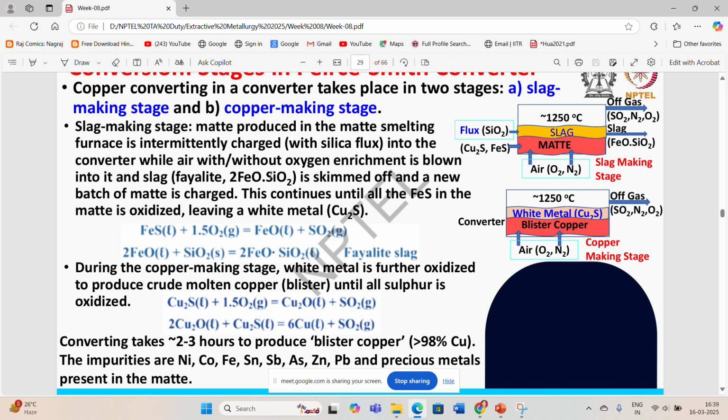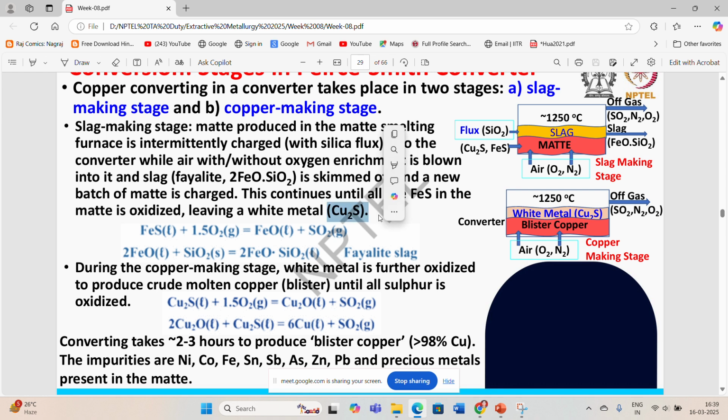So iron sulfide is going to react with the oxygen, getting converted into FeO, and this FeO is going to react with the flux material which we have added in the form of SiO2 to form FeO.SiO2, which forms the slag material and can be skimmed off, and a new batch of matte is charged inside the Peirce-Smith converter. This continues until all the FeS in the matte is oxidized, leaving a white metal